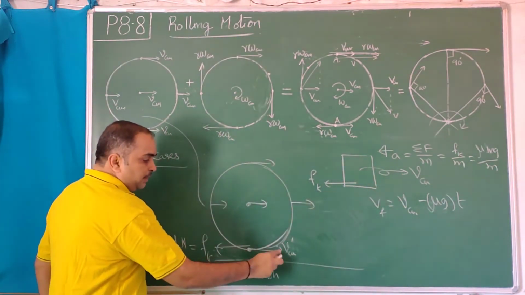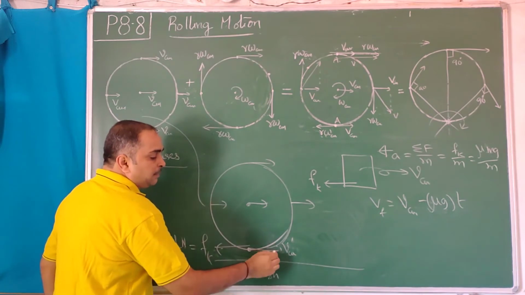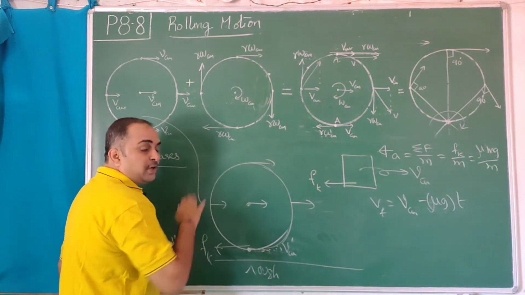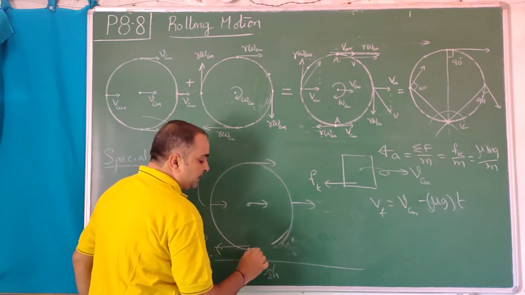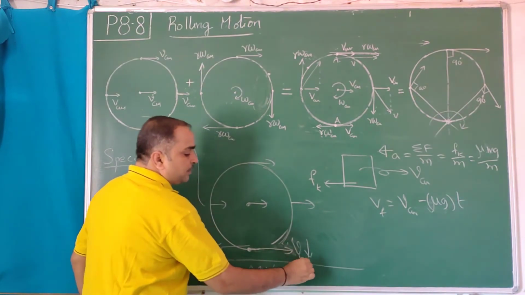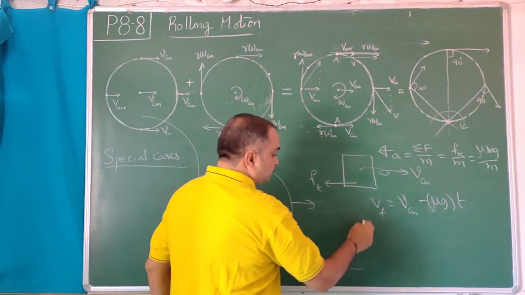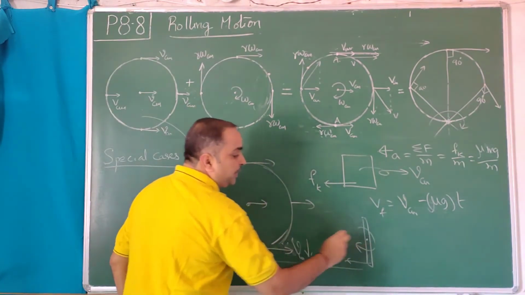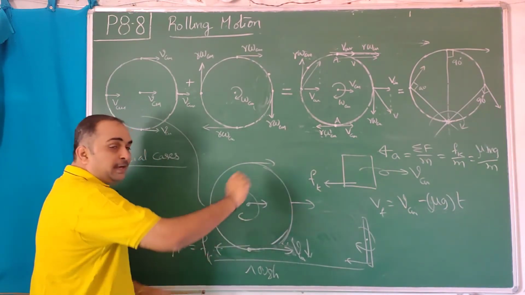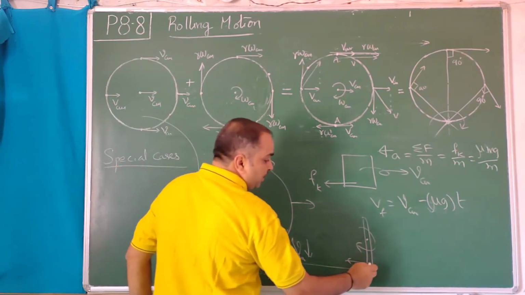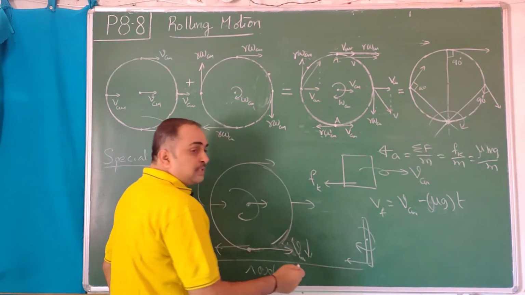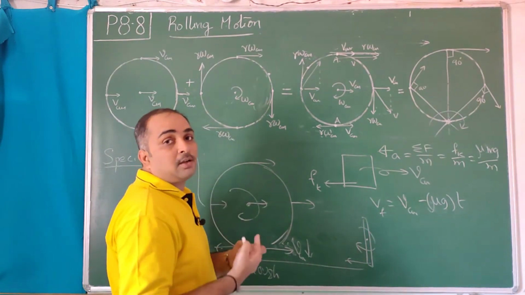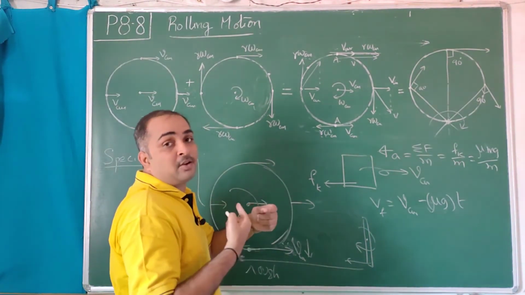So as time passes, this velocity gets reduced. So this Vcm, suppose this is 10, becomes 9, 8, 7, 6, 5. Not only this, every point's velocity will decrease. 10, 9, 8, 7, 6, 5, 3, 2, 1, like that it decreases. Vcm decreases. Now see, this friction: you have an object, you have a center of mass, and you are applying force like this. What will it do? It makes the object rotate. So this makes this wheel rotate now, so omega increases. The friction force produces a torque, which will not maintain constant angular velocity but increases the angular velocity.